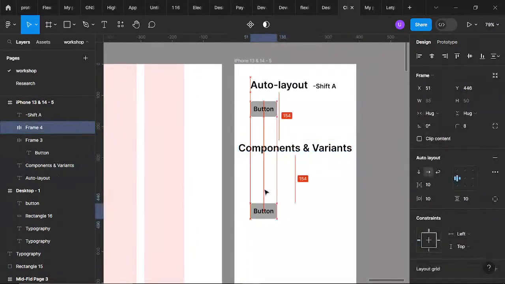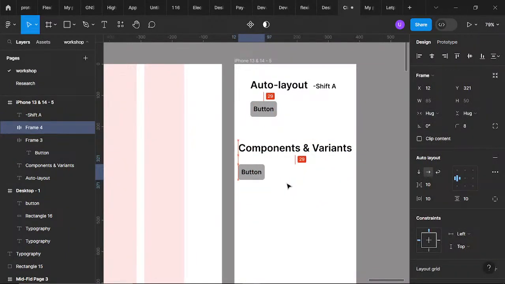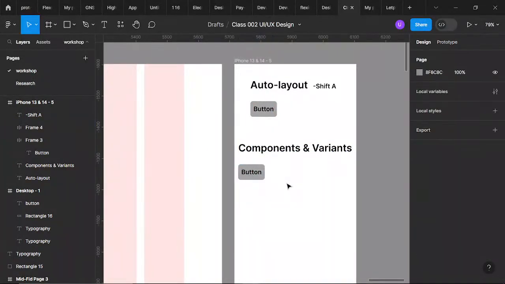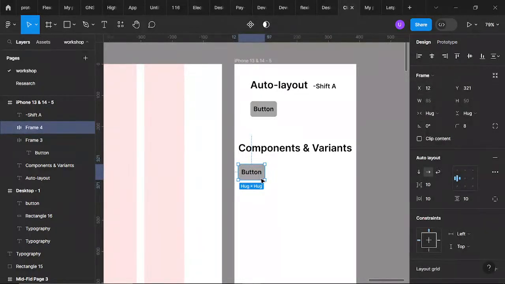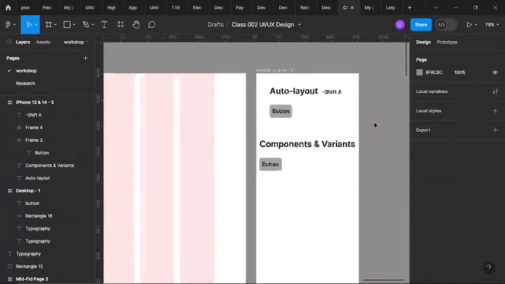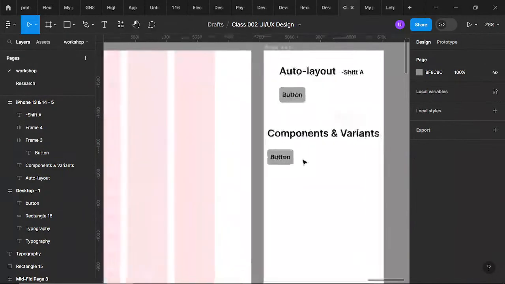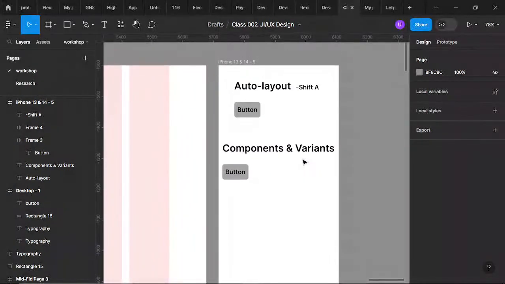Now, for instance, if you have this button, components are like assets that you have on your platform, on your Figma file. You know what assets mean. Assets are stored for you to be able to use whenever you want. Now, for instance, if you want to keep this button as an asset on this file, so anywhere you are on the screen you can just get it, if you want to make it an asset,